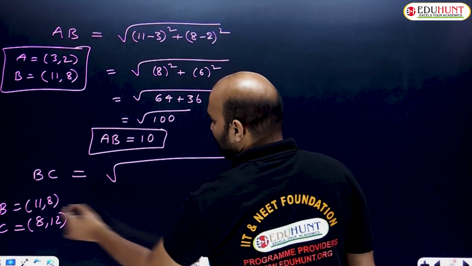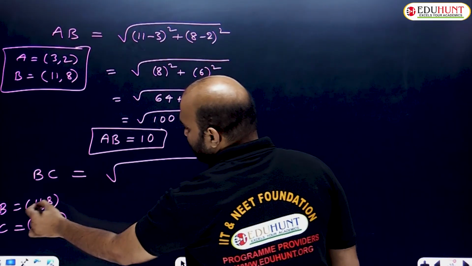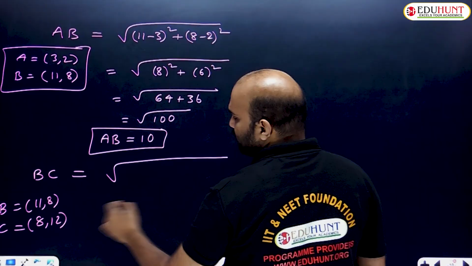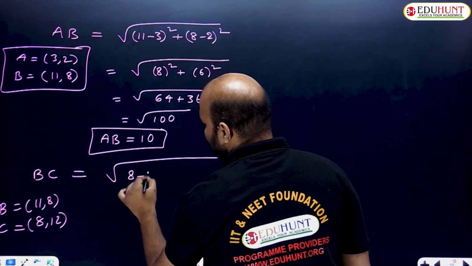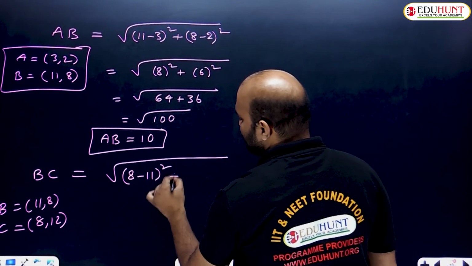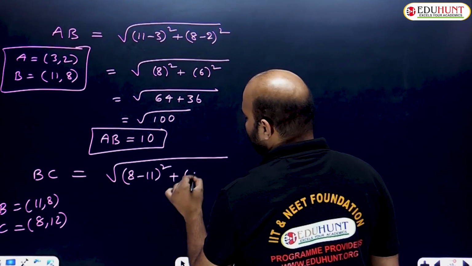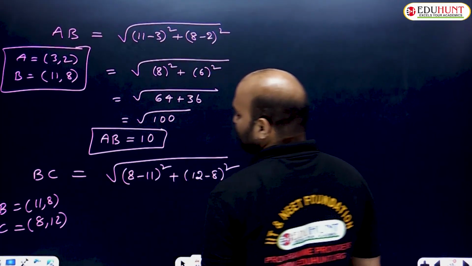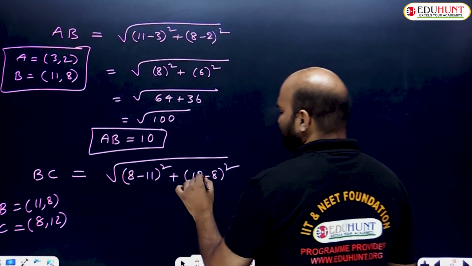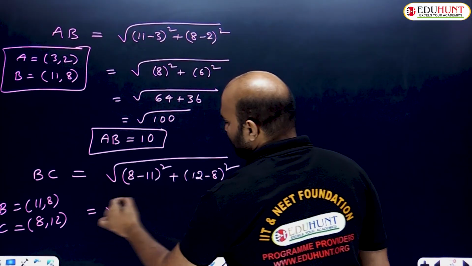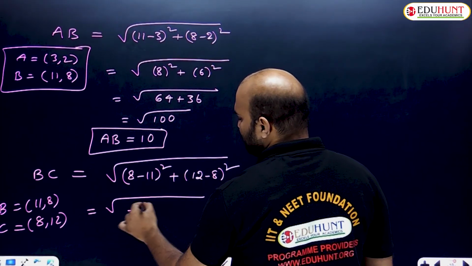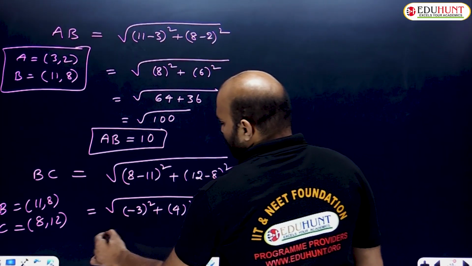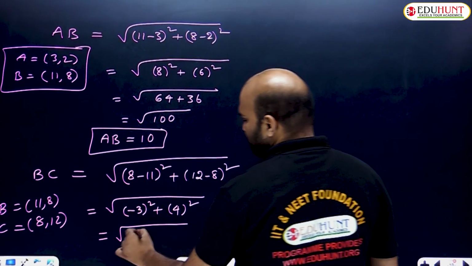So taking x2 as 8 minus x1 11 whole square, plus y2 12 minus y1 8 whole square. So it can be written 8 minus 11, nothing but minus 3 whole square, plus 12 minus 8, 4 square. Minus 3 whole square, nothing but positive 9 plus